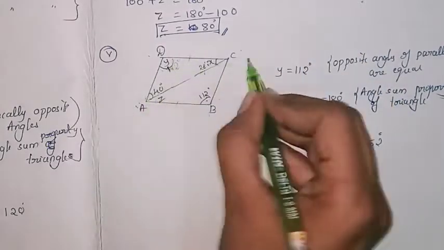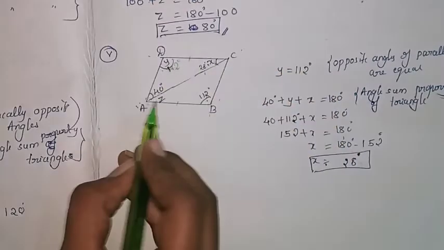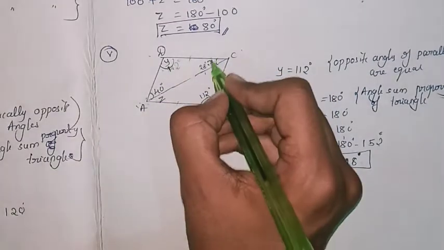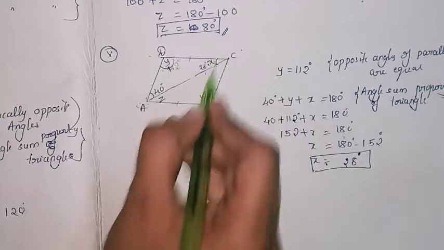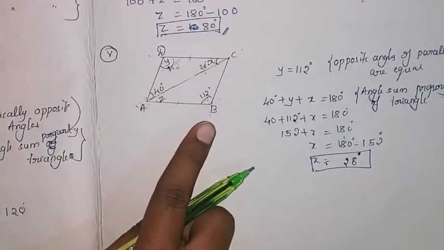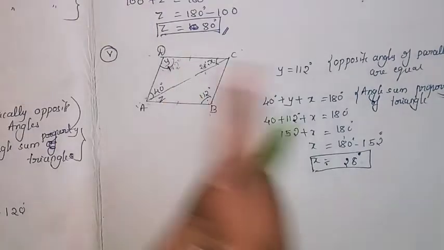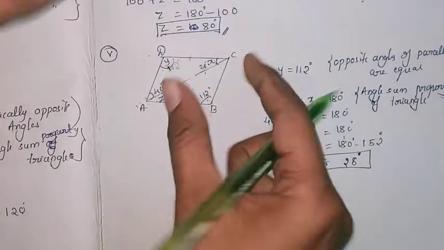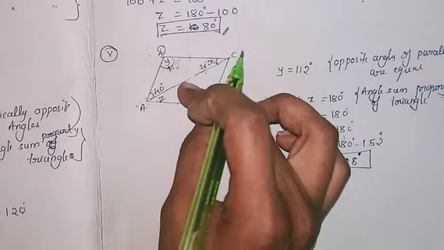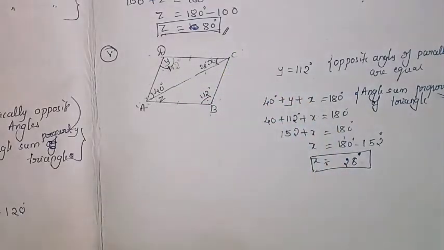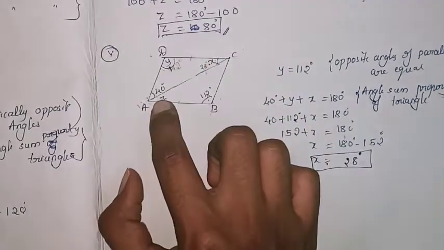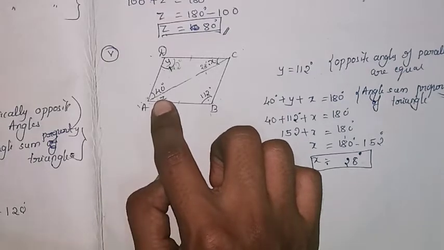It cuts the two parallel lines, and in that we know that alternate interior angles are equal. So this x is here and this z is here. One is on that side, another one is on this side. So x and z are alternate interior angles, one is downwards and another one is upwards. Alternate interior angles are equal. If alternate interior angles are equal, and x is 28, this is also 28 degrees.